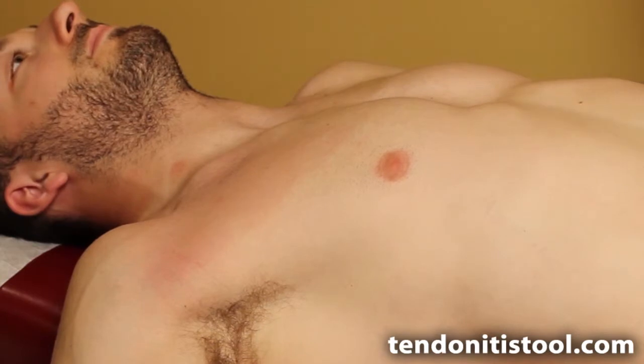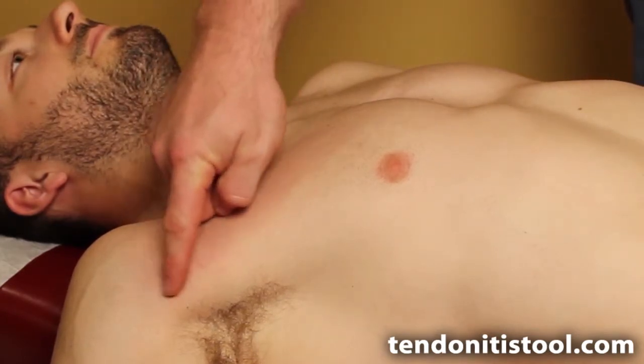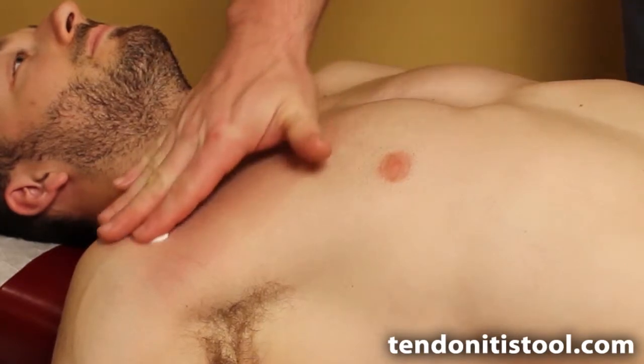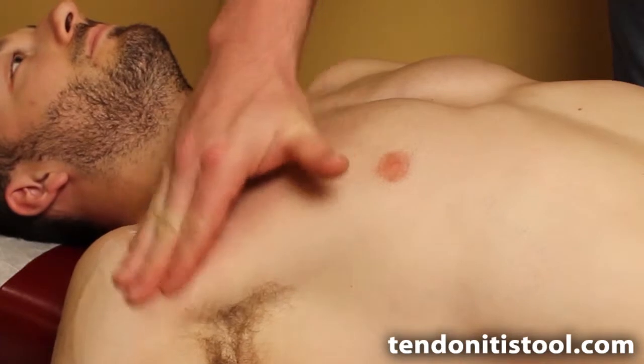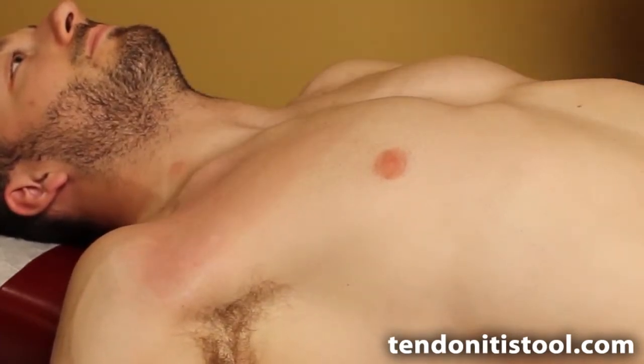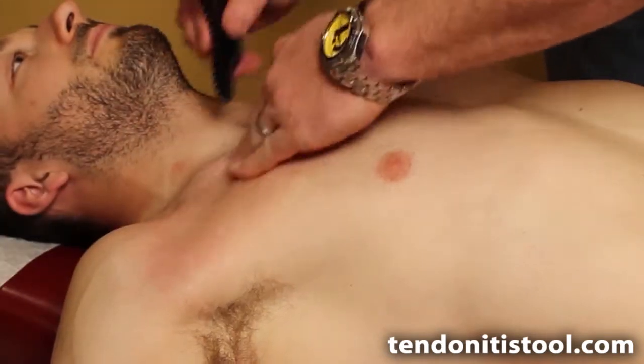So we're going to check this, and you can see how just rubbing it 2 or 3 times already brought that redness out. So we know right off the bat that we're not going to be treating this very long or very much, and it's going to be a slower process than some of the other tougher areas of the body. So we're going to start just by stripping all the way over